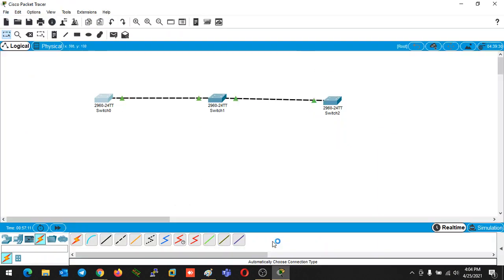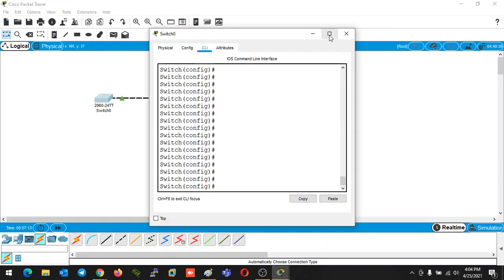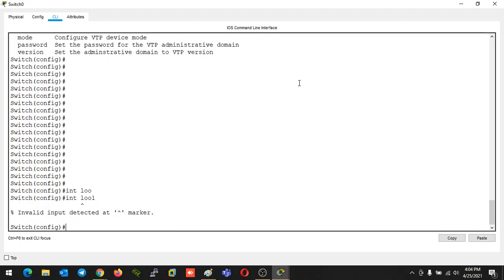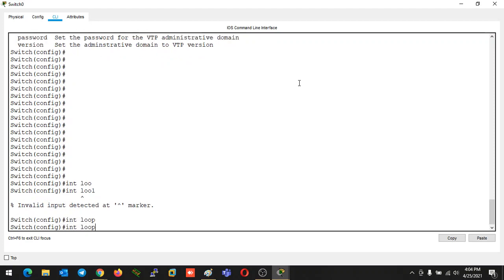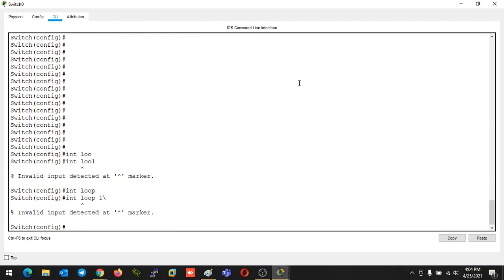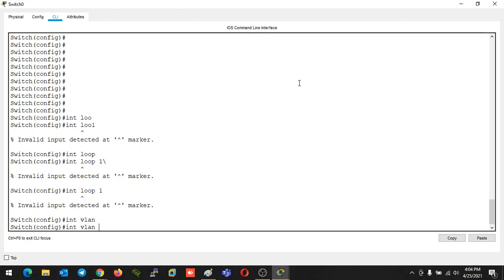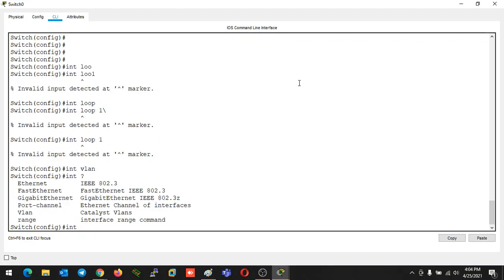So we will also do the same thing. First of all, we will create one loopback address, interface loopback 1. Okay, there is no option for loopback also. This is Packet Tracer, that's why.